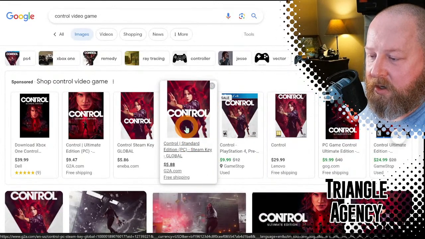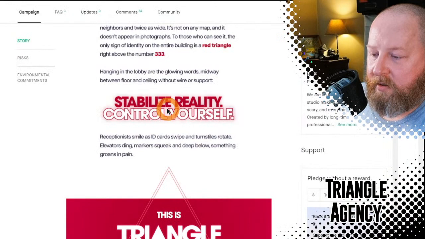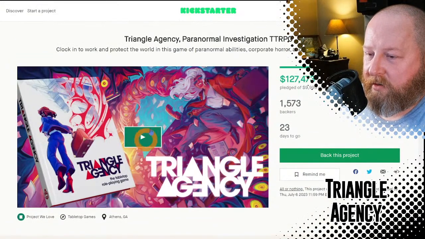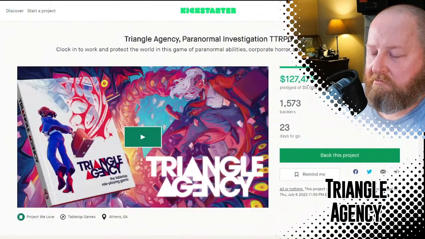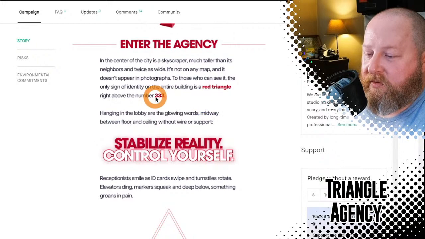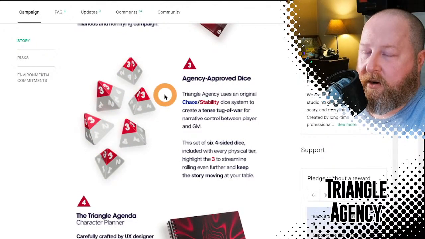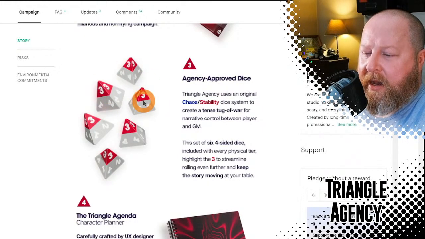So, Control. There it is. What do you think? Control, and then Control. You think it looks like a redheaded woman running it? What do you think? Anyway, I do love that it's this red triangle thing, because these dice that you use in it are fantastic. So you get these 4-sided dice, and apparently triple threes are something significant in the game. So if you actually roll triple threes,